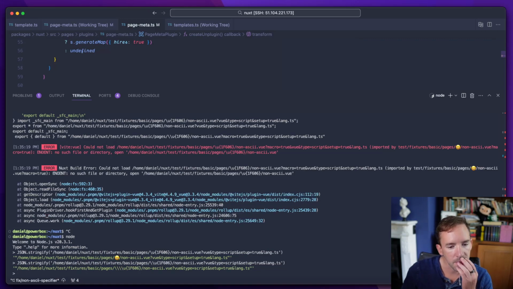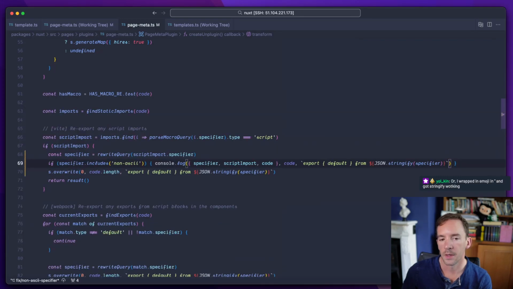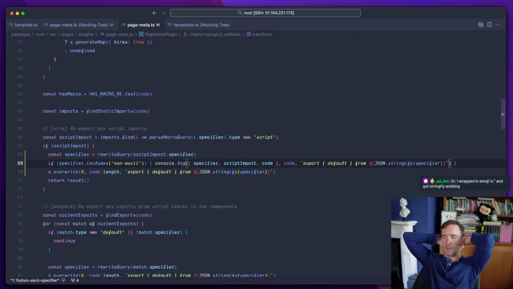Why would that be? Do we need to call JSON parse on it and then stringify it again? So basically the issue here might be